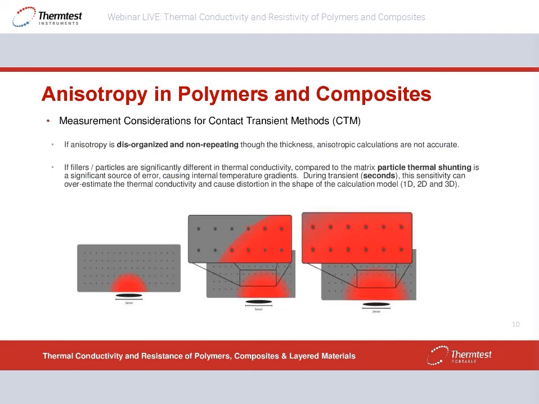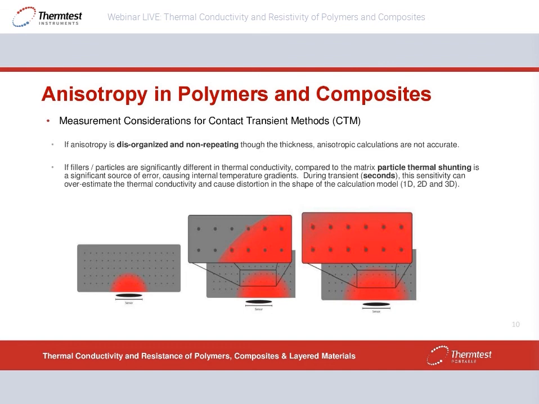So what about if those two cases aren't met? What if anisotropy is disorganized and non-repeating? Disorganized doesn't necessarily have to be through the thickness, it can be any direction, but if it's in addition non-repeating through the thickness, the anisotropic calculations are not accurate. The more disorganized and non-repeating they are, the more inaccurate the transient calculations will be, because those calculations rely on a well-defined shape of penetration, and disorganized and non-repeating will not